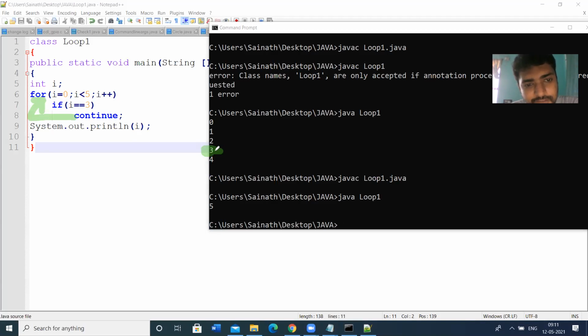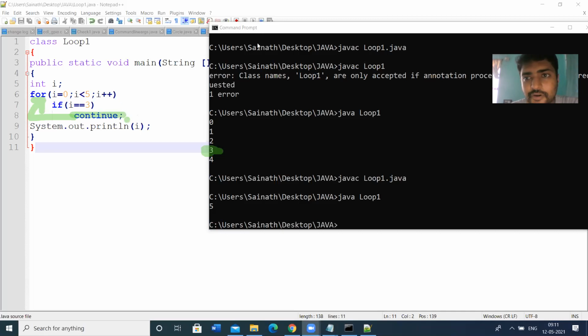Only 0, 1, 2, 4 has to be printed. 3 has to be skipped. So this is the main advantage of continue. So here the program has to be modified.